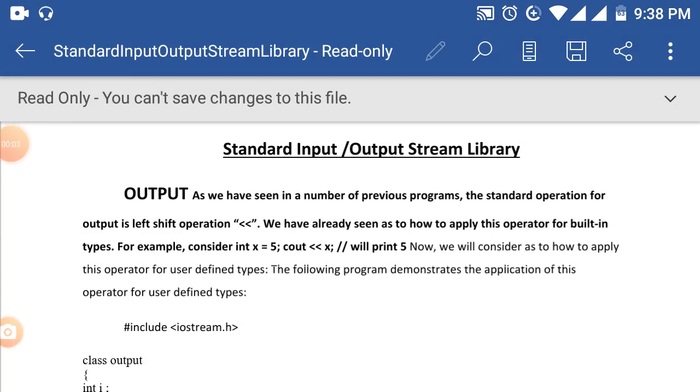Now I am going to discuss the standard input output stream library. It seems to be very easy, but it's not as easy as it looks. Let's start with the output. As we have seen in a number of previous programs, the standard operation for the output is the left shift operator,